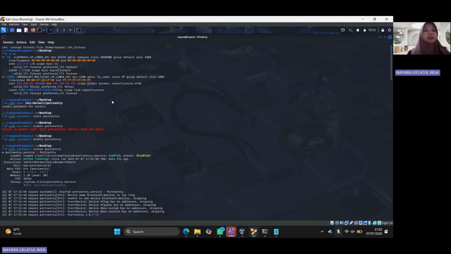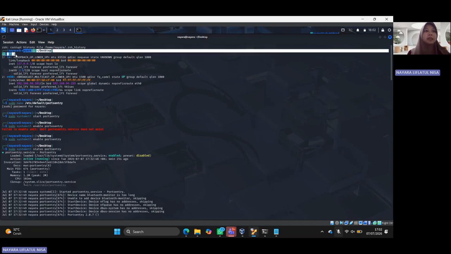Before starting the intrusion detection system configuration, I first installed PortSentry, which is a host-based intrusion detection tool used to detect port scanning activities. After the installation was complete, I verified the IP address of the client machine using the ip a command.